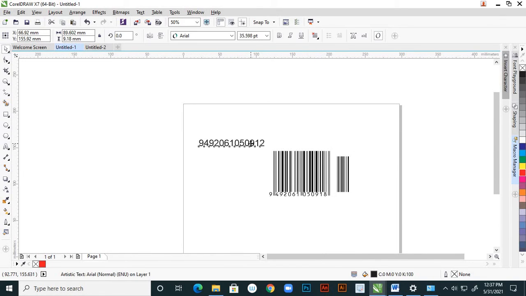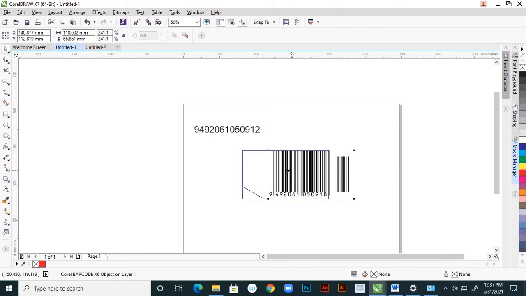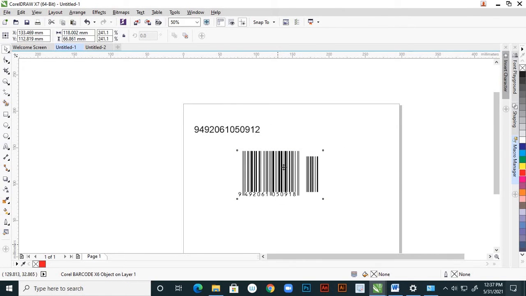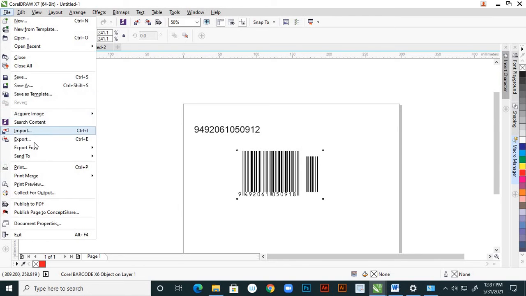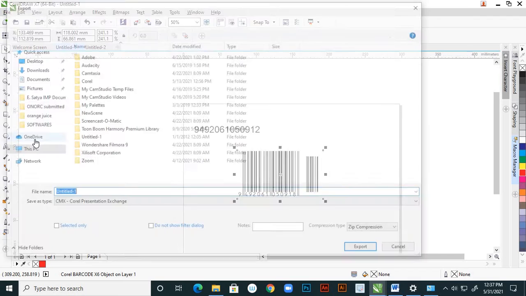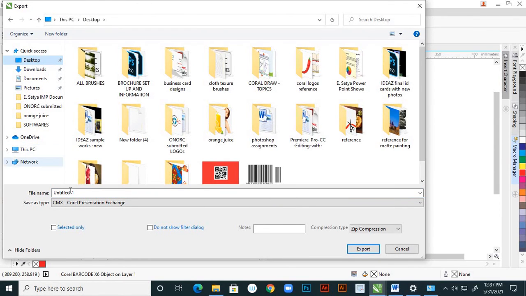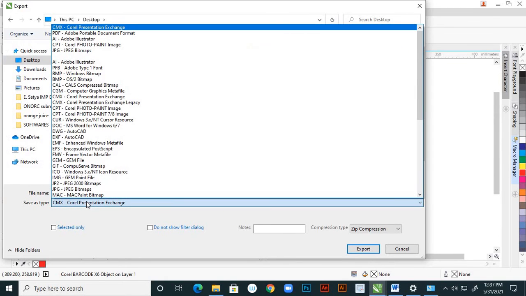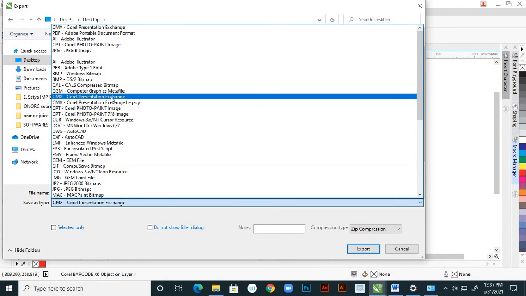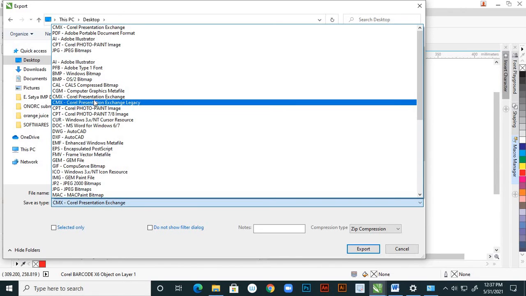For that, you select this barcode, then save it from File, Export. Suppose you are exporting it to the desktop. Here the file type is Corel Presentation Exchange, so you can use the CMX Corel Presentation Exchange.